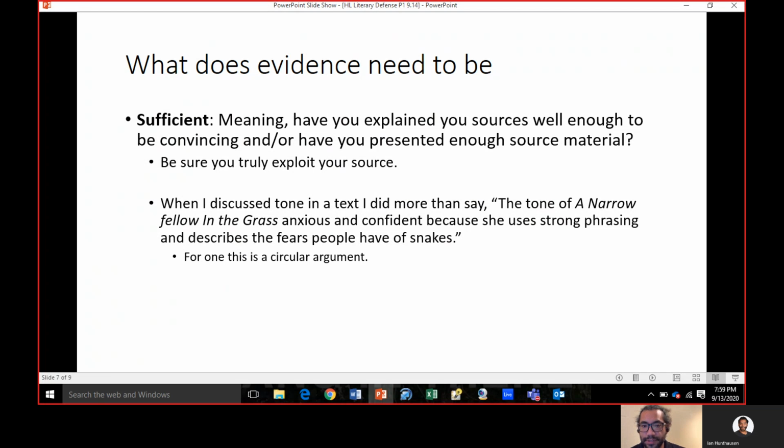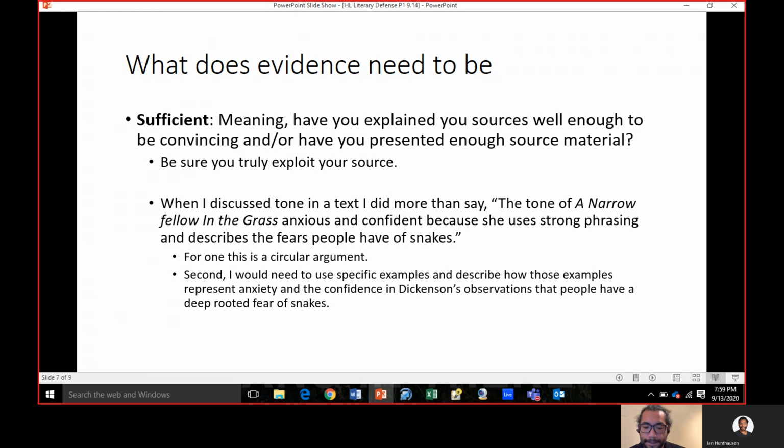And it's also kind of a circular argument. So that's all I'm saying in this next bullet, is just what I just said. I need more than you saying it's anxious and confident because it's anxious and confident. If someone said this, and you should say this because you're providing the points that you'll talk about going forward, I need to now see those points from the text and your explanation for them.